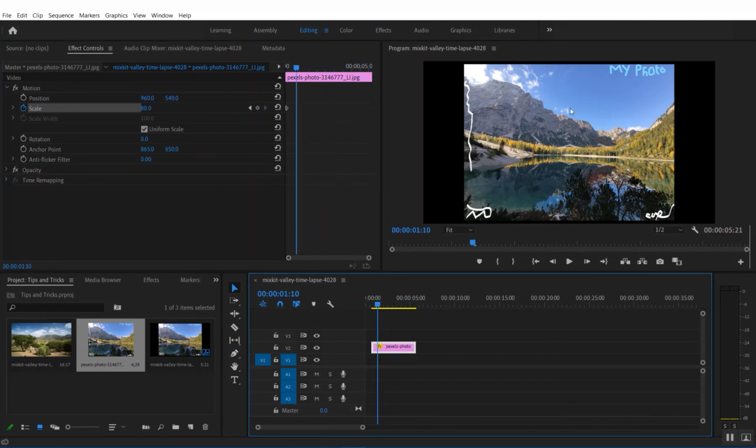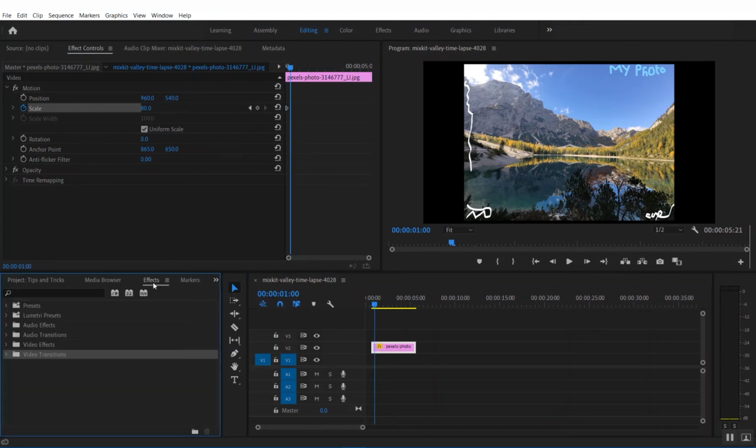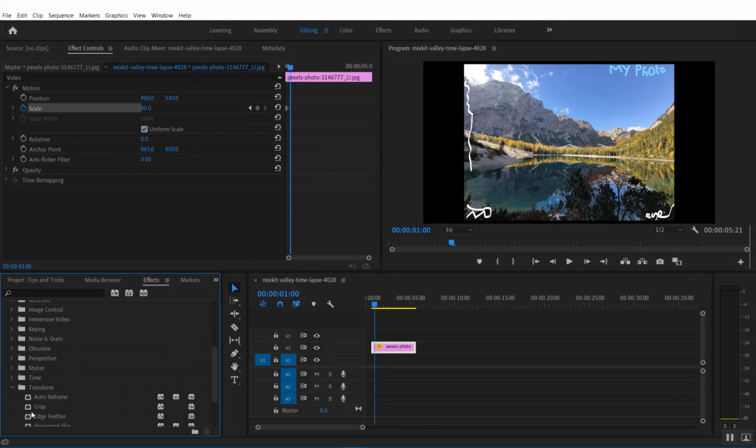Over here, what I actually want is to crop this area to eliminate this extra text written over here, and this extra line. I want to remove this, and these are some extra signatures or whatever, so I want to remove these. So similarly, I will go to effects, then video effects, after that go to transform, and drag the crop effect onto the image.